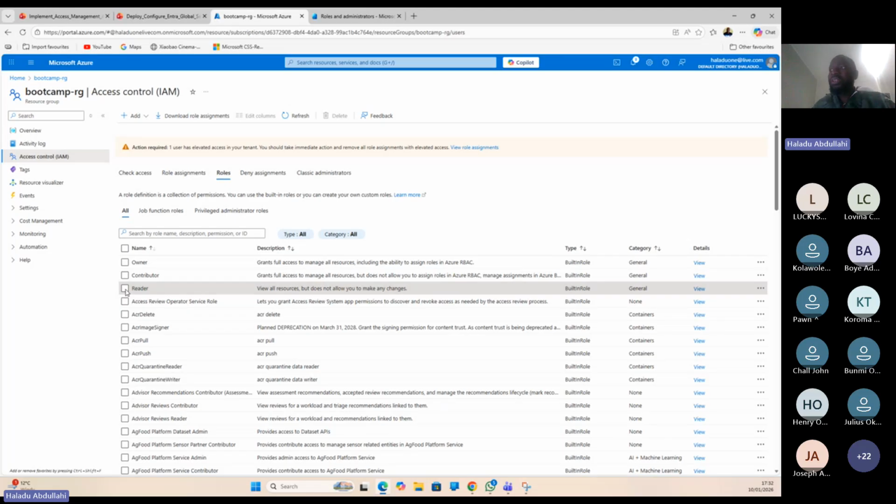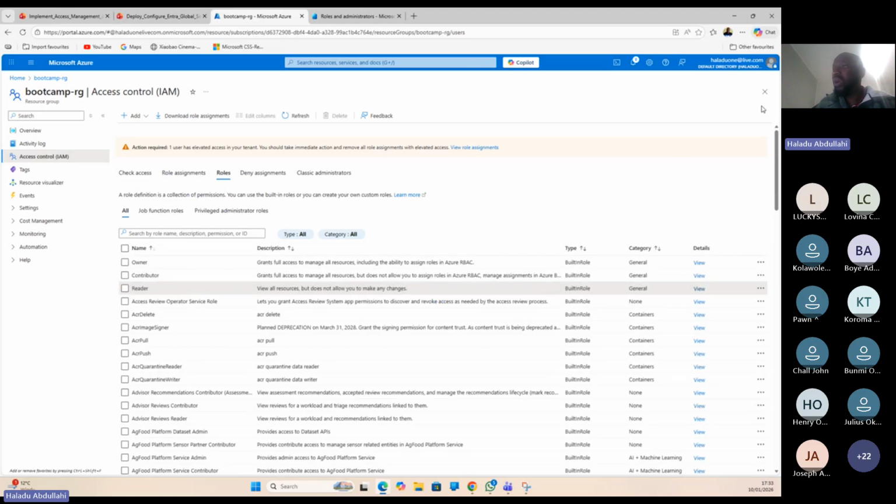So they want Microsoft to allow them to delete it from their own tenant or their own scope. If they need it, they will have to raise a ticket so that it will be added back by the Microsoft engineering team. I don't want to go through that just to show you, but be careful when you're deleting